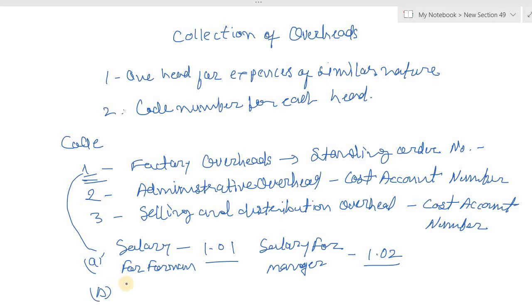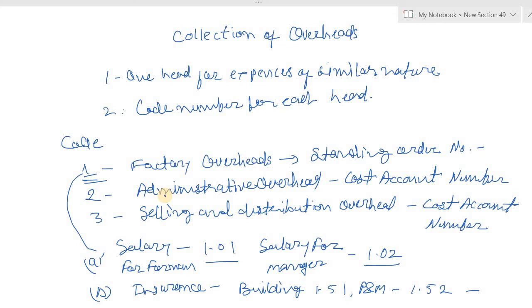There are also subheads for insurance, like insurance of building under subhead 1.51, plant and machinery subhead must be 1.52, and so on. We can also take subheads for administrative overheads like salary of clerk 2.01, salary of managing director